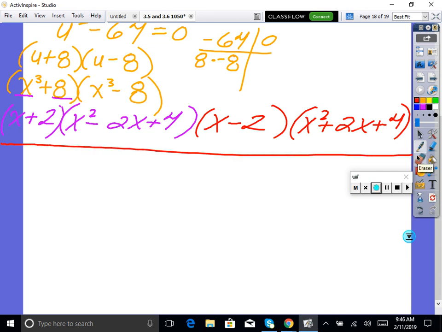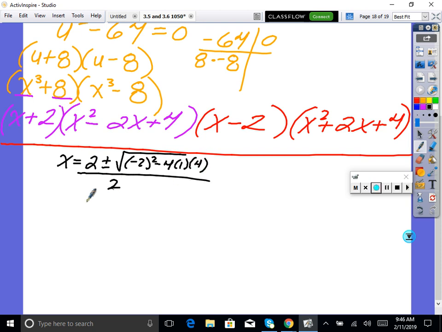So we're going to have to find the zeros. This one we don't need to find the zeros for, that's the factor. But this one we're going to have to solve. So we would have to do quadratic formula, x equals negative b, so it would be positive 2 plus or minus the square root of b squared minus 4 times a times c, all over 2 times a. So 2 plus or minus the square root of,